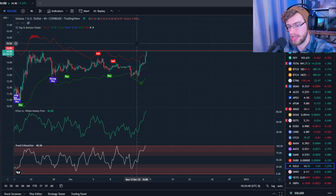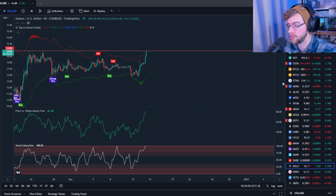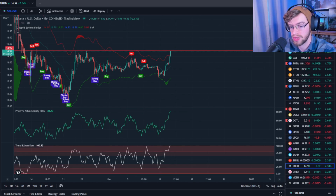The interest rate hike is being announced today, and it's expected to be 50 basis points, which is considered a Fed pivot. They are changing their sentiment. It's not quite over yet. They're still going to keep raising it, but for now, the general market is looking bullish because of this change in sentiment. I think $14.96 may be the top for Solana, but we could also see a move a little bit higher, possibly even to like